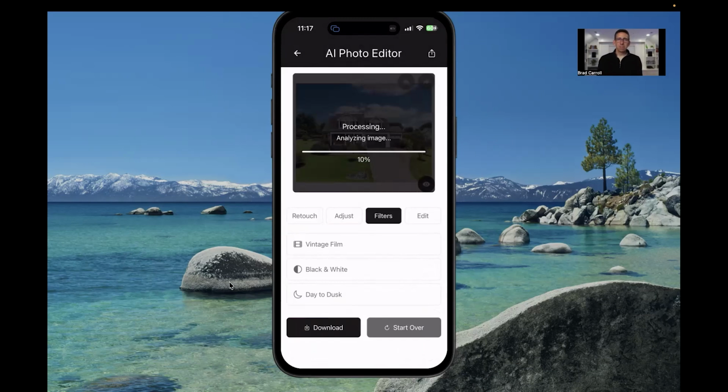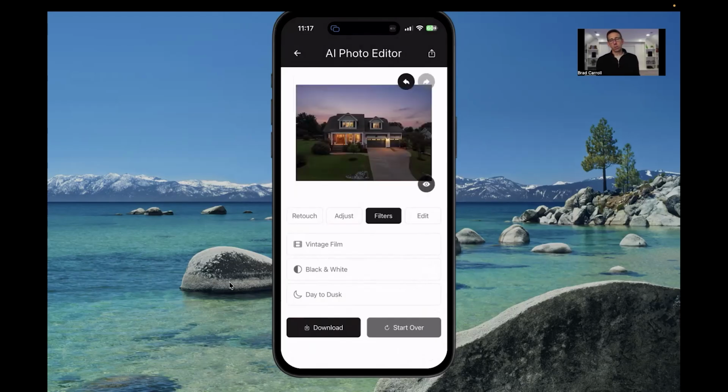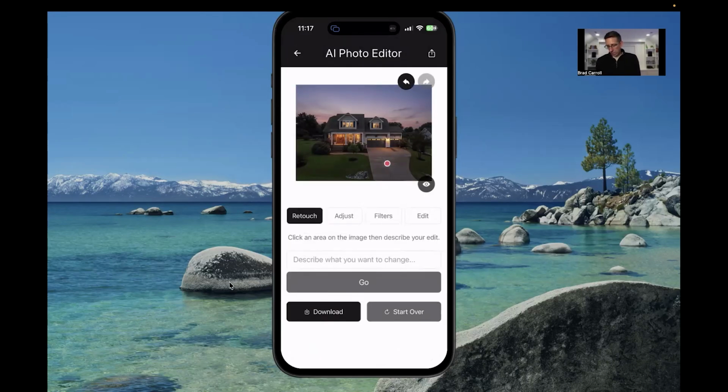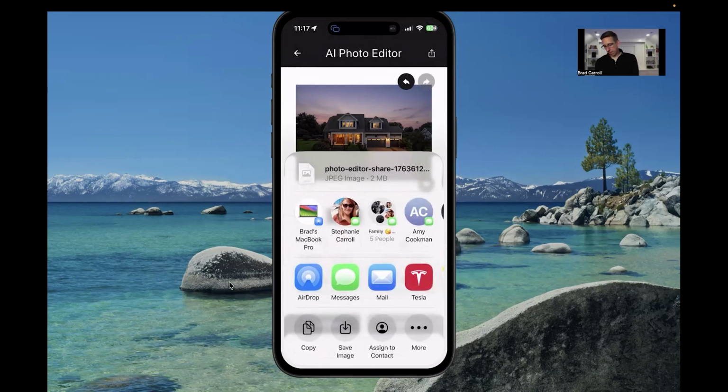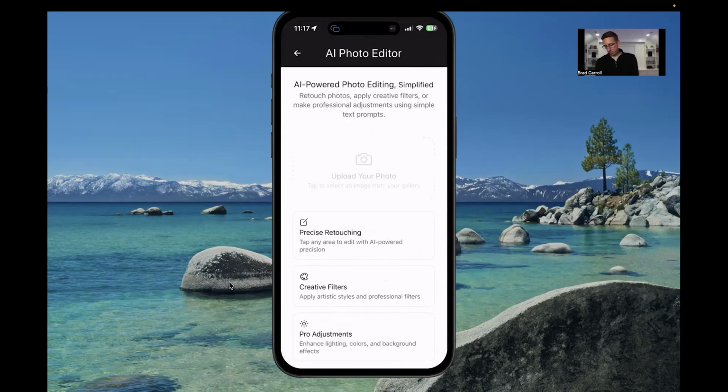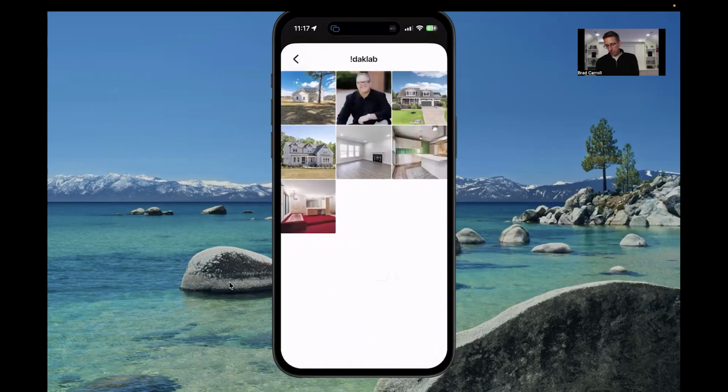Go in and make some edits to various photos. Try not only some of the photos from a listing standpoint. So again, like this, if I just put my thumb over the eyeball there, it shows you the before and after, and the ability to go in and make edits there. If I want to retouch certain areas, you've got that ability. Of course, once that's done, you can download that, or like I said, use the share button there at the top. And then you also can go in and